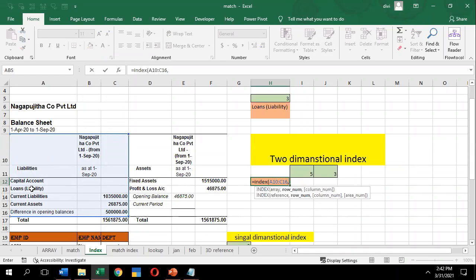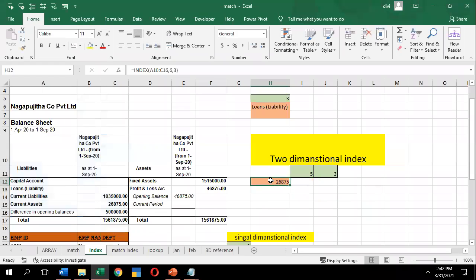There is 1, 2, 3, 4, 5, 6. So sixth place, let me write 6, comma, column number. Column number 1 is a name, third I have given some date. So here I have given a list of amounts. What I want is the current asset amount. What is in current asset? 26,875. Let me give it in third column. Click on close, enter. I got the actual value.